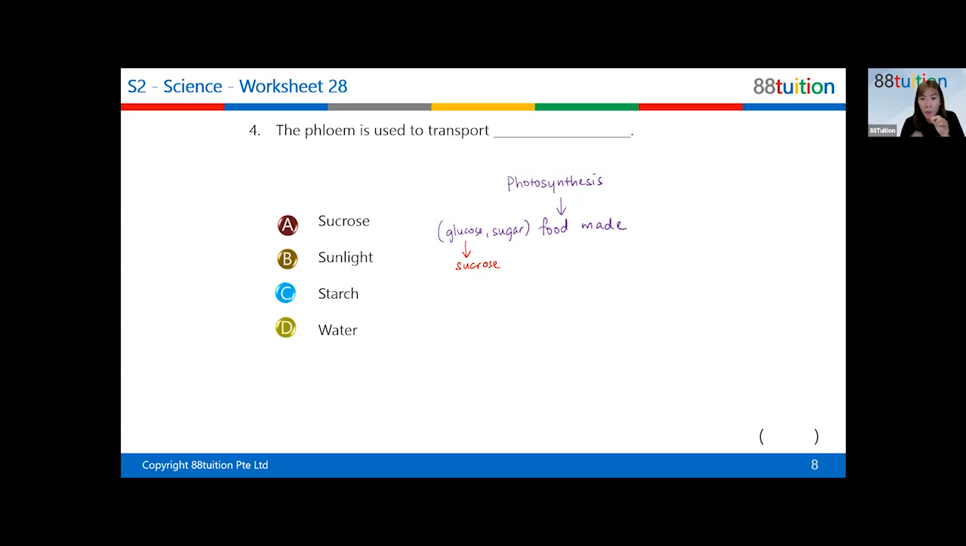But the sucrose will be the one that is moving. Clear? Starch will not move. Glucose will not move. So it's the sucrose that will move to other parts of the plant. Wherever it is needed, it's either used as glucose or it will be